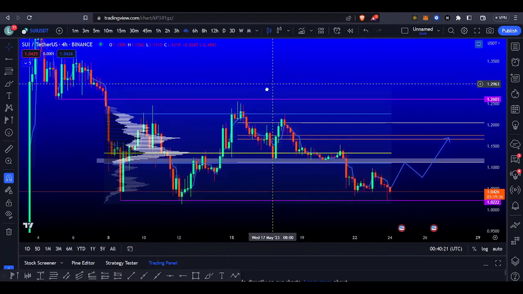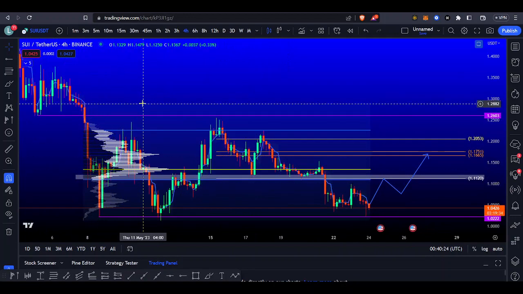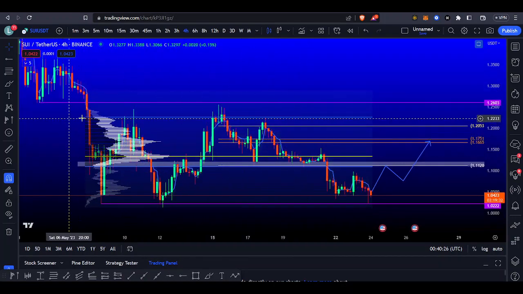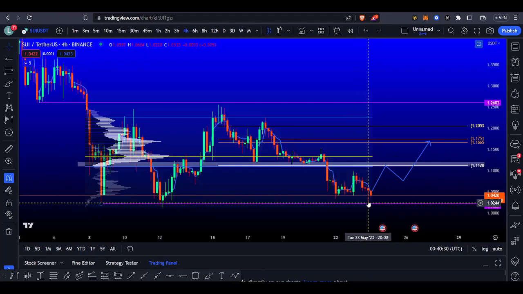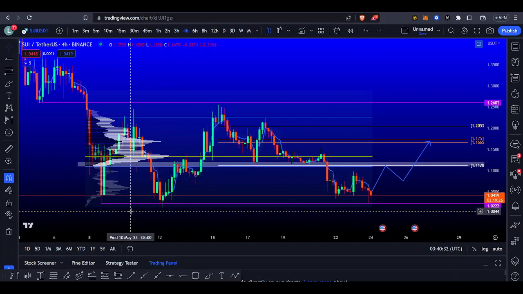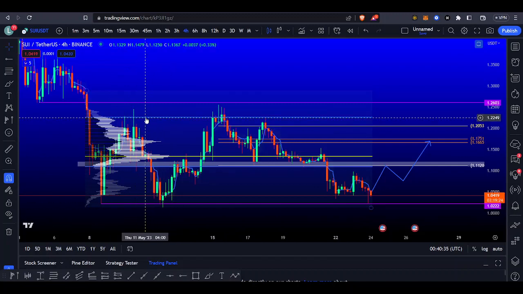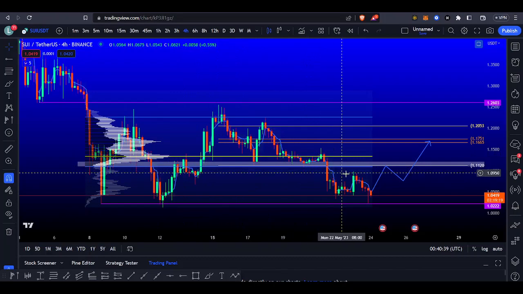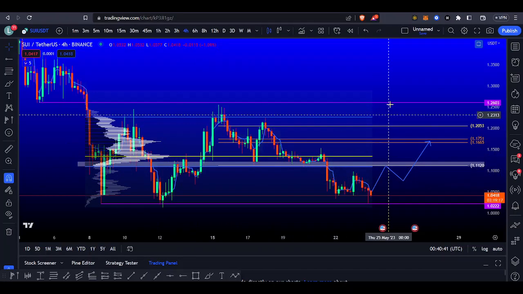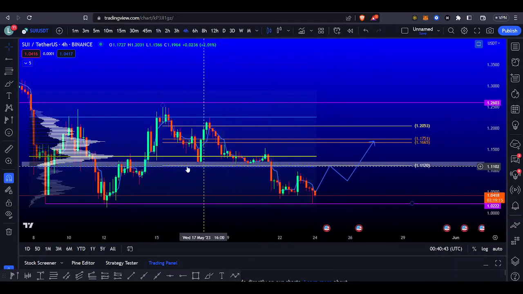And that's just the area where the most trades have happened in this range. All right, so it's a fixed range volume profile tool. So this is the fixed range, this is the volume profile, and it's just showing you where the most volume is traded, which is pretty much like a magnet. Right, so value area low is always a magnet, value area high is a magnet, and point of control is also always a magnet. So as long as SUI holds these levels, I would expect price to just push